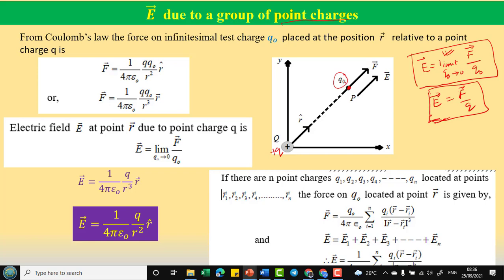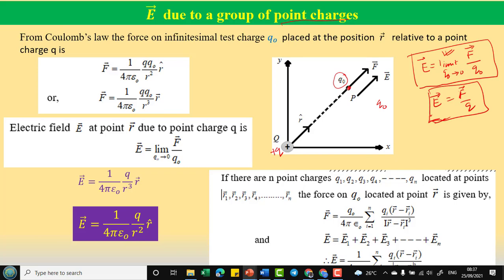Now care has to be taken while putting this unit positive test charge here. This test charge Q naught should be of very small value, so that it does not alter the original field which you want to measure, because this is a charged particle which you are placing here as a test charge. If it is of higher value, it will change the electric field of the surrounding, and it is going to influence that. So the field created by this test charge should be small enough so that it is not disturbing the original field.